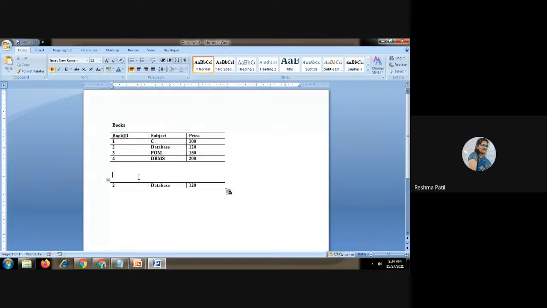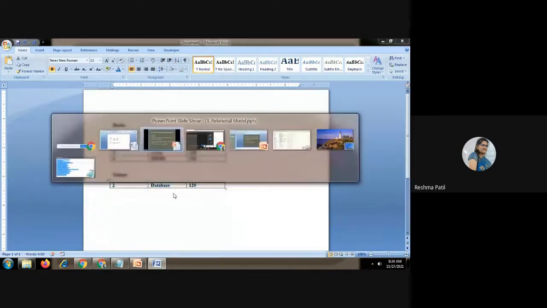Suppose this is your output result. Again, it will check for the next line also. It will check for each and every record. So it will check whether it is a database. Your subject name is database? No. Next, your subject name is database? No. It is a DBMS. Complete word is written. But what we are searching for is the word database. So only this output you will get by using this query.